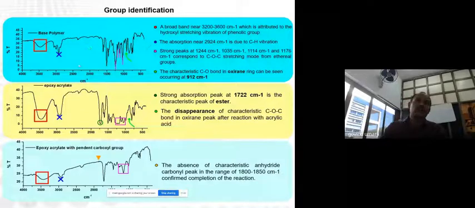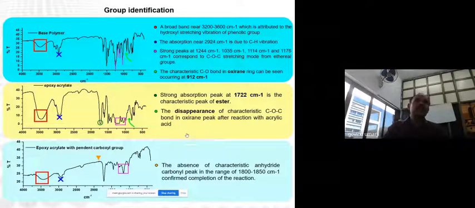So we have modified with the acrylic group, and what we observed is there is a strong peak at 1722 centimeter inverse, which is a characteristic peak of the ester group, and that clearly says that the reaction with acrylic acid is confirmed. And there is a disappearance of the COC bond of the oxirane, which